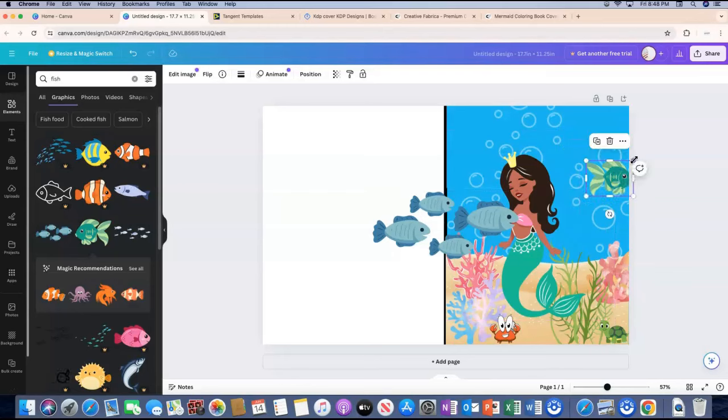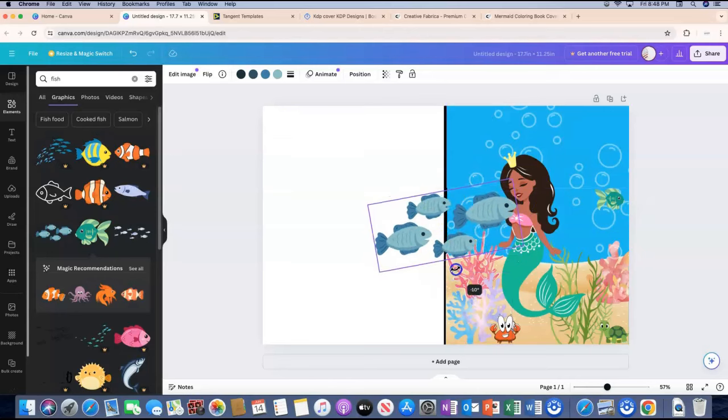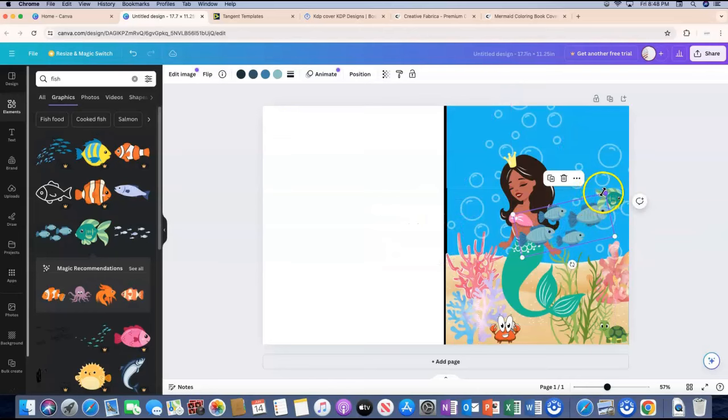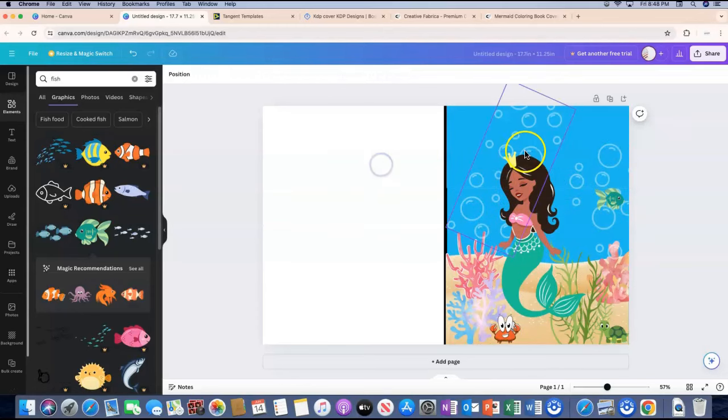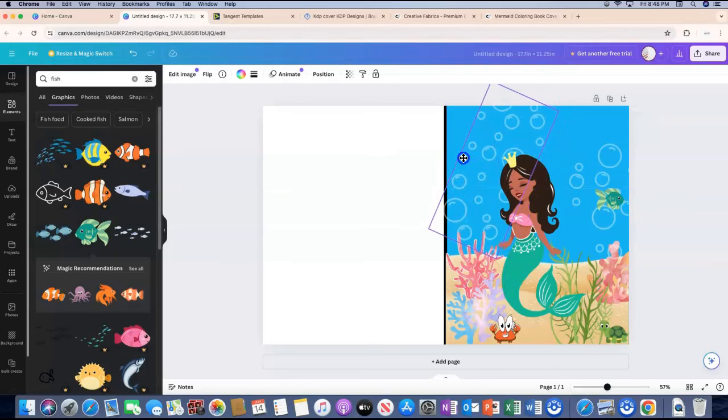Oh, I can't put him up too high because I have to put the title of the book somewhere. But he's swimming. Okay, that's a lot going on now. But I just wanted to show you some of the different elements that you could use. Okay, I'm not going to do the school of fish because it's too much. All right, now let's go ahead and do, because you don't want this to go over the line, actually. So let's go ahead and do